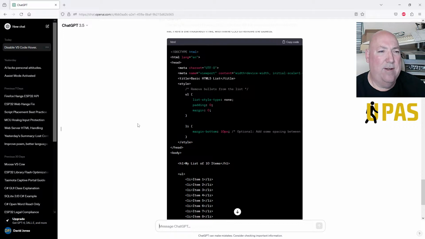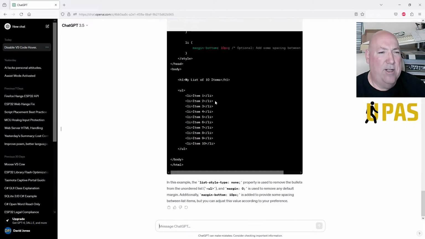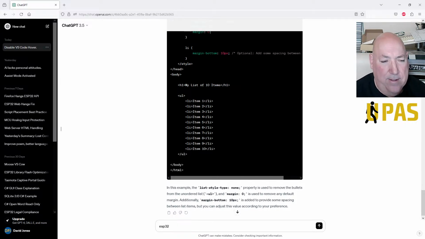Now we can either do it. I need to generate the list on the fly, but can I? How can I do that? Let's ask it. It's an ESP32.